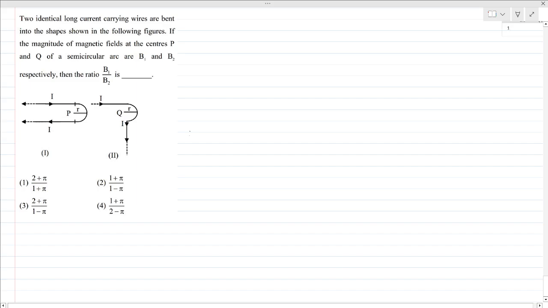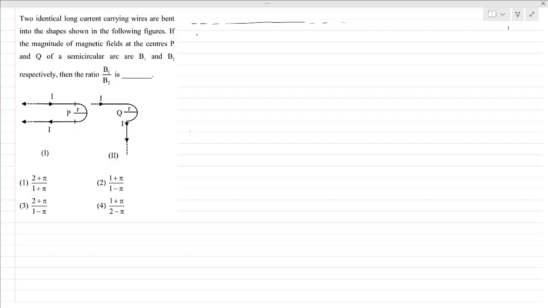Two identical long current carrying wires are bent into the shapes shown in the following figures. If the magnitudes of the magnetic fields at the centers P and Q of a semicircular arc are B1 and B2 respectively, then the ratio B1 by B2 is. So here basically the question belongs to the magnetic field that we need to calculate for a straight infinite